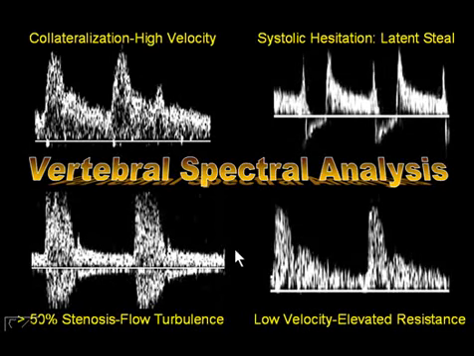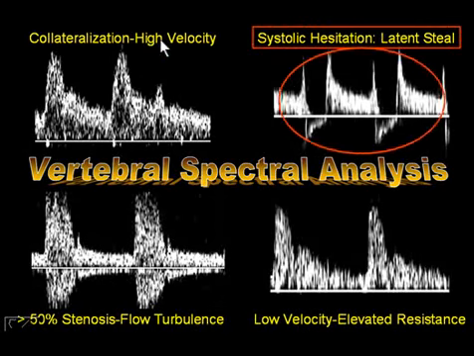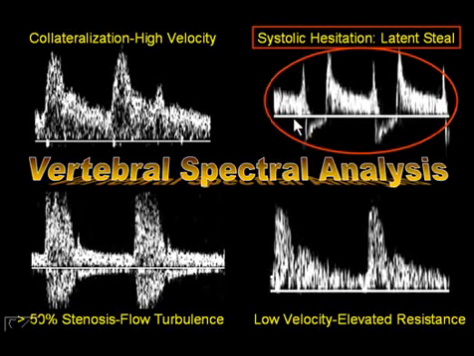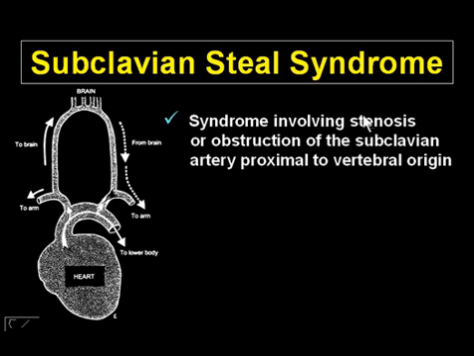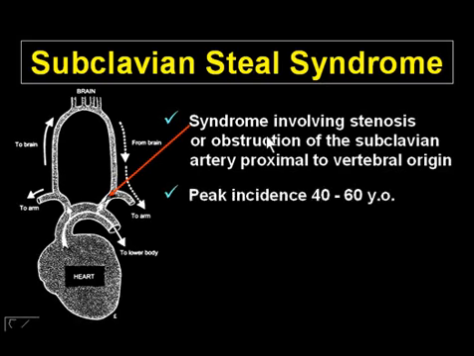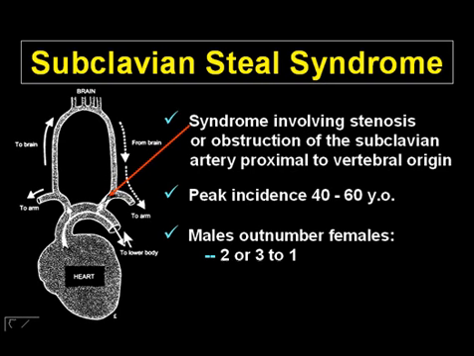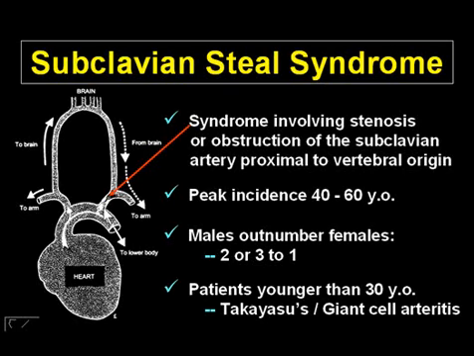Here in this case we see a series of various waveforms, and it won't be uncommon to see something like this here on your top right. It's a waveform that we refer to as a systolic hesitation, where the peak of the waveform is displayed below the baseline. This is the type of waveform that you might see in a patient with a latent steal. These patients who present with subclavian steal syndrome would be an indication to look at the subclavian arteries. And really, this is a phenomenon that occurs in patients who present with proximal subclavian artery stenosis,